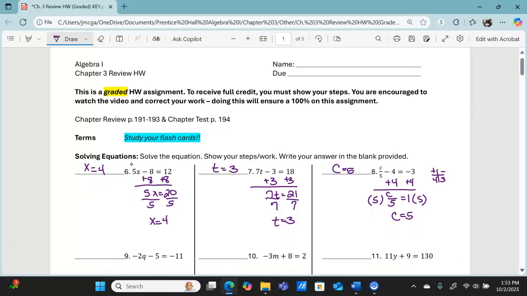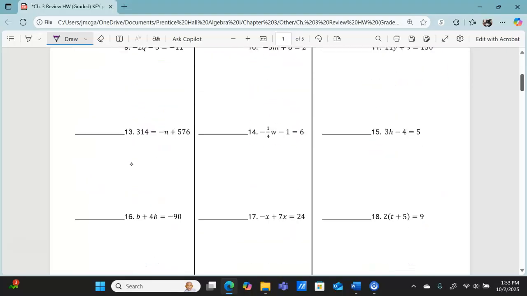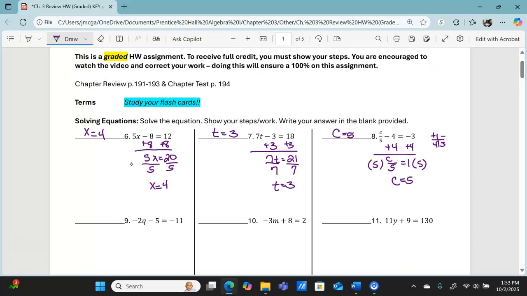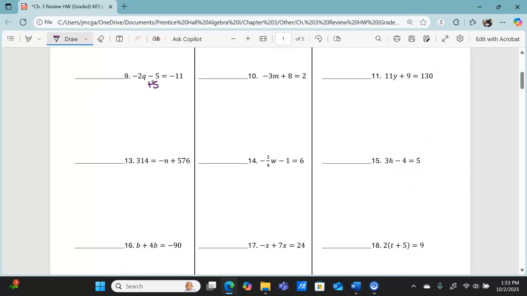Moving on down. Number 9, we're going to add 5 to both sides. We have negative 2q on the left-hand side, we have a negative 11 and a positive 5. The signs are different, so we find the difference and keep the sign of the larger. When we divide by negative 2, negative divided by a negative is a positive, so we end up with q